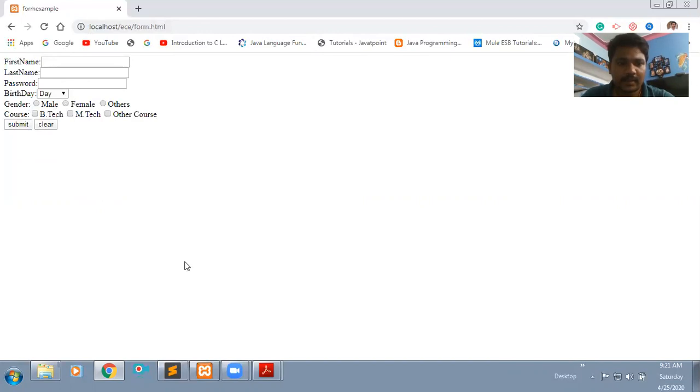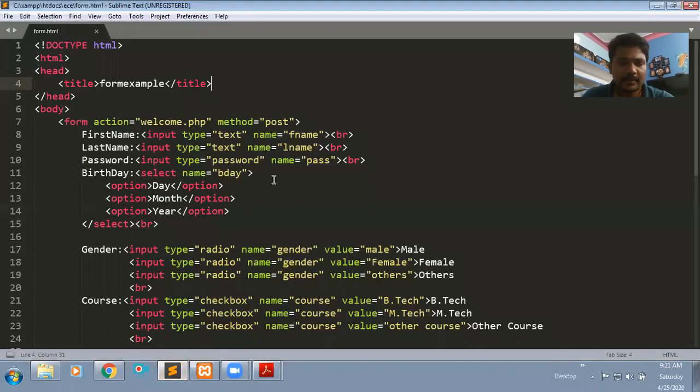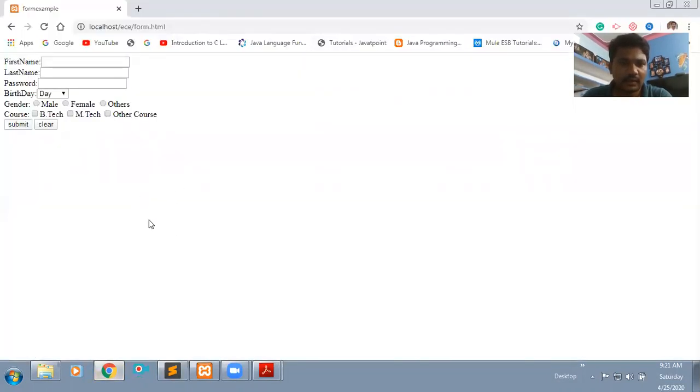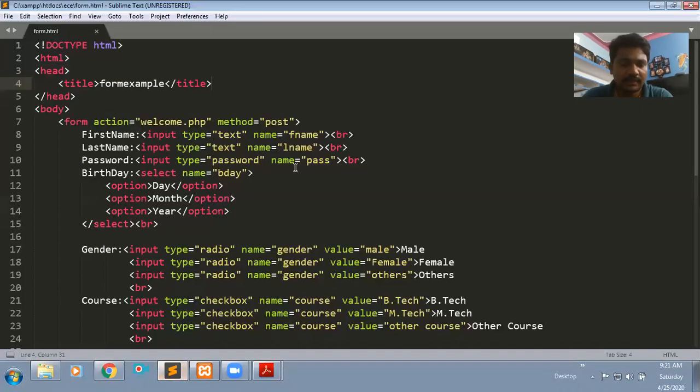In this web form example, this is our actual web form file which we have created. If I click on that submit button, where is my data submitted? The data is submitted to a server page.